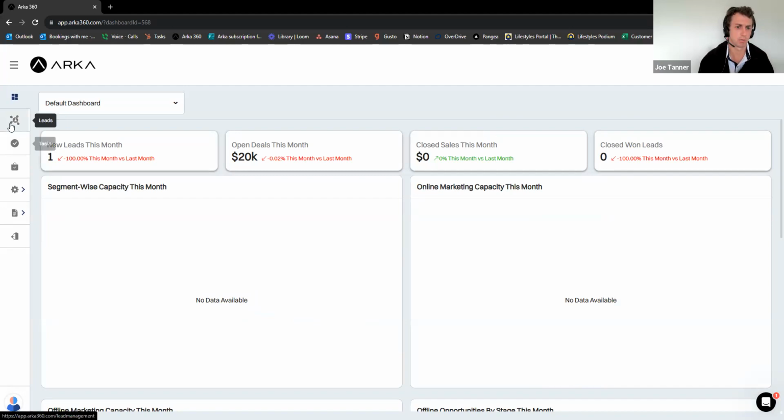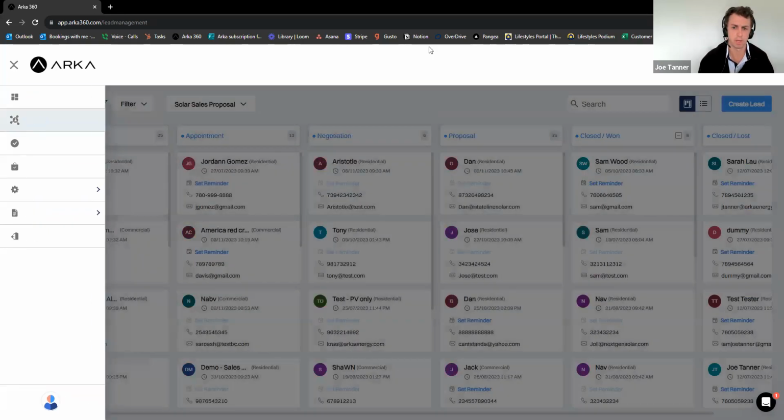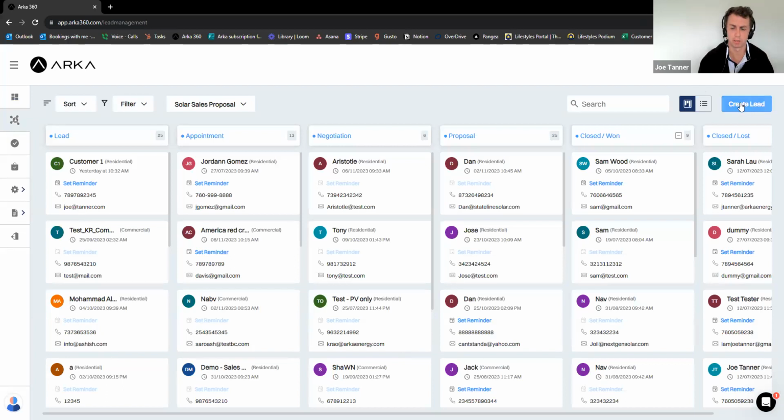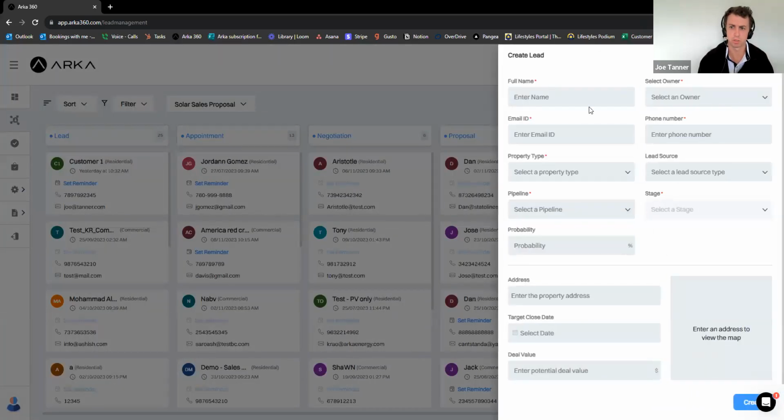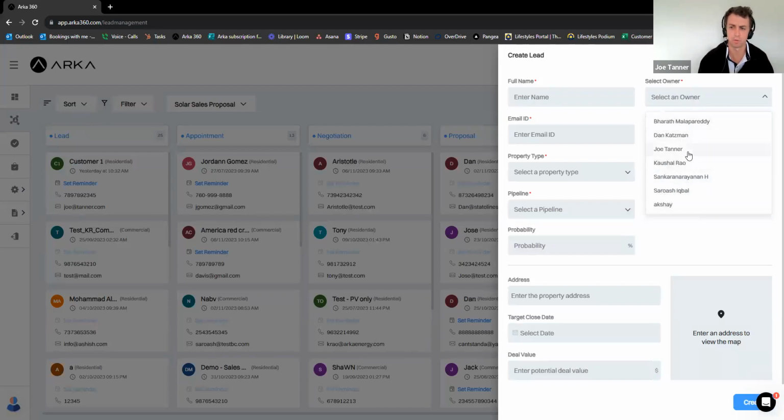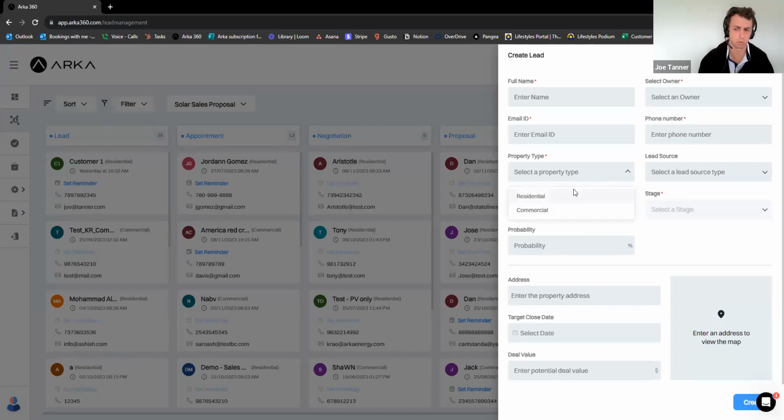So what we're going to do is we're just going to get right into it. So as we've gone over before, how to actually create a lead. So what you can do is you just click create lead, enter the homeowner's name, who is owning this task. So if you have a lead generation company that has an API in with our platform, this will just come in whether you guys have it set as a round robin or if it's specified by area. If you have a door-to-door team, setters and closers, the setters can actually set this to their specific closer. Very simple to do. Email ID, phone number, property type, residential or commercial, lead source, where it's coming from,